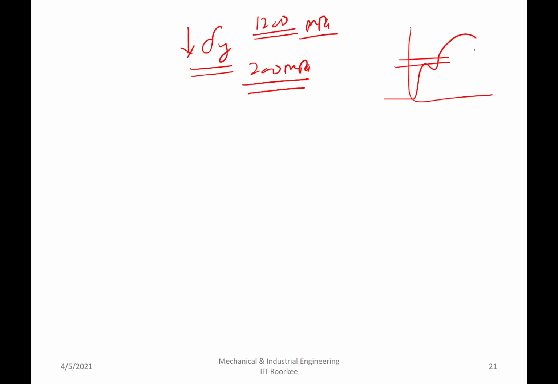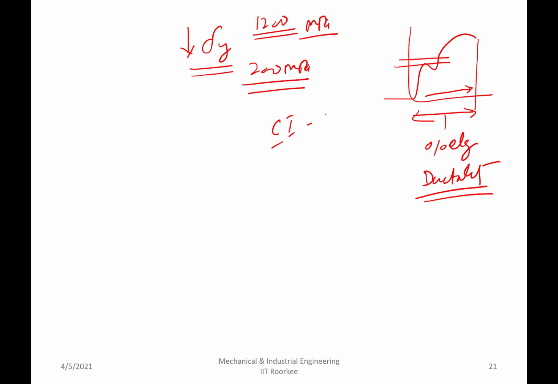Another thing you can get from the stress strain diagram is the percentage elongation at the time of fracture. So right from the beginning to the end, how much you are able to elongate prior to the fracture. This is expressed in percentage of elongation. This is commonly known as the ductility of the metal. Ductility of a metal like cast iron is just 1 or 2%, but for aluminium it may be 20 to 50%. For some of the steels or even pure iron, it is 40 to 50%.